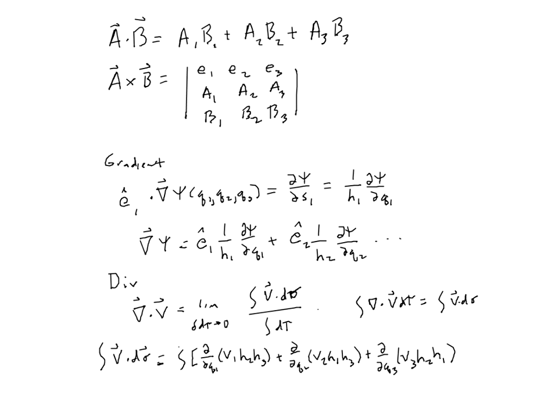And that is going to be integrated with dQ1, dQ2, dQ3. But this bottom integral, with respect to volume, is just going to be equal to the integral of H1, H2, H3 of dQ1, dQ2, dQ3. And so the net result is that your divergence of a vector is going to be